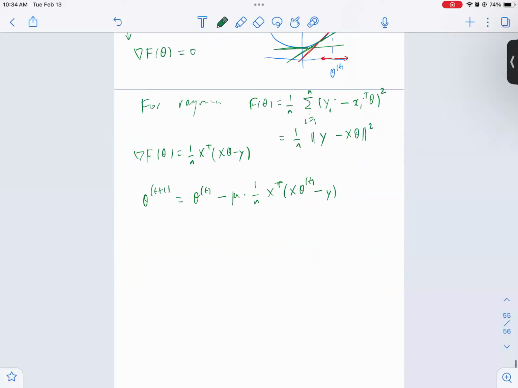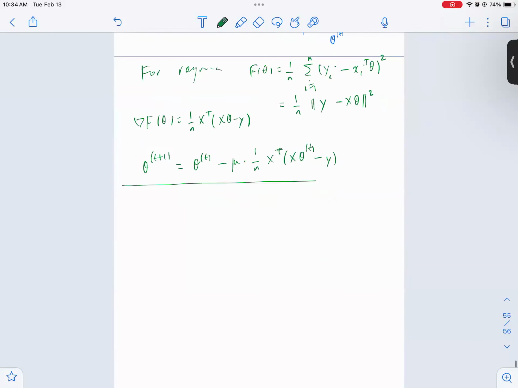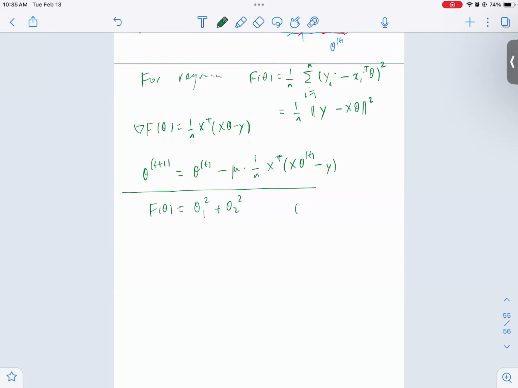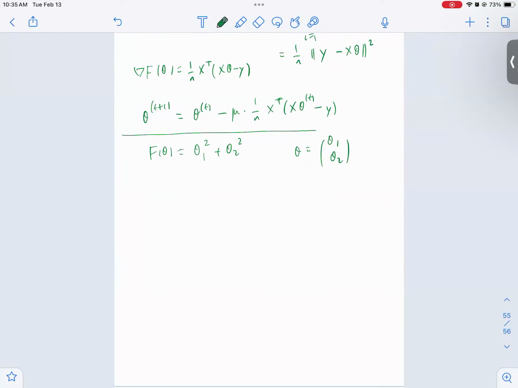So the one that I was trying to show was, let's say my f of theta, or the loss, is theta 1 squared plus theta 2 squared. Python is 0-based, so we start at 0, but theta is 2-dimensional. So the contours, or level sets, of f are